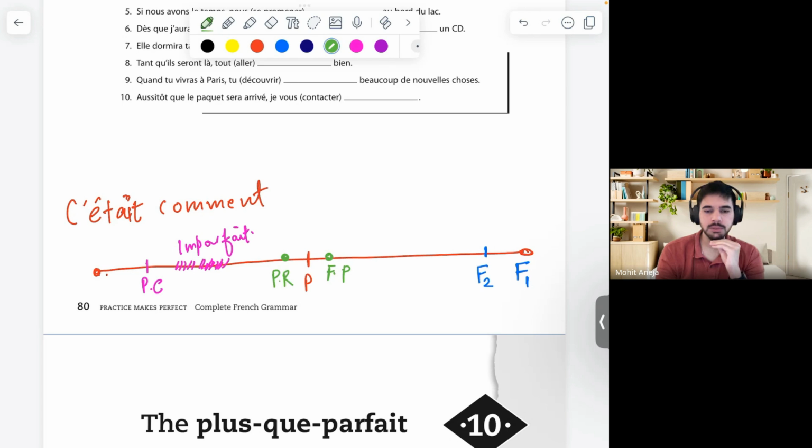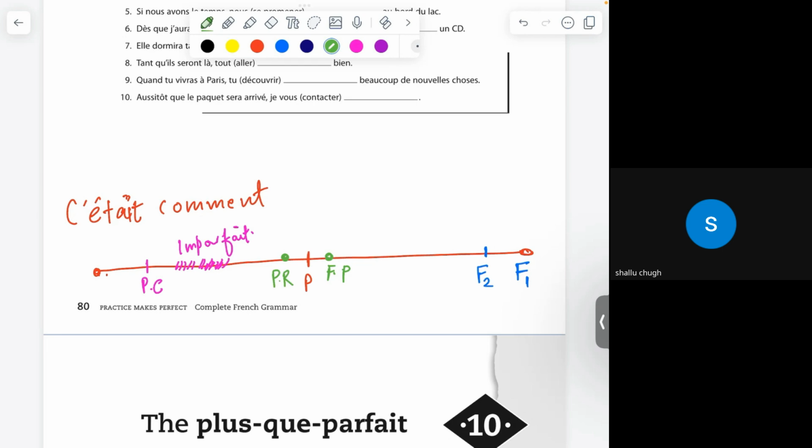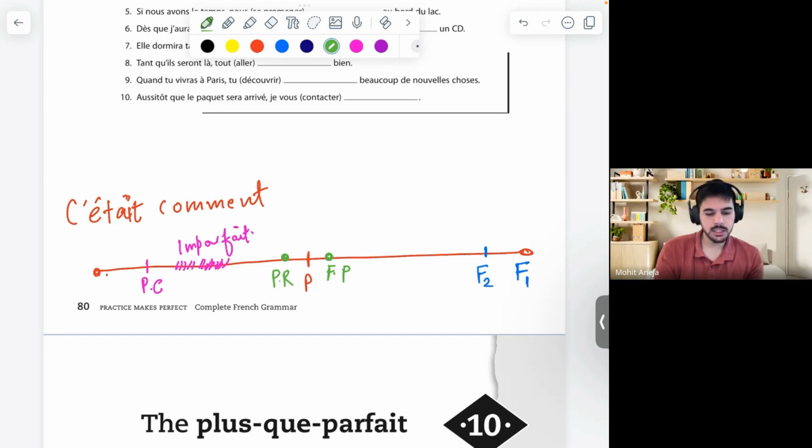Now look, in the future there are two tenses to describe two kinds of events. If there are two events happening one after the other, have we done something similar for the past? No. What if there were two actions, okay? One of them happened before the other, and both of them were short. They satisfy all the conditions for passé composé. Will you use passé composé for both of them?